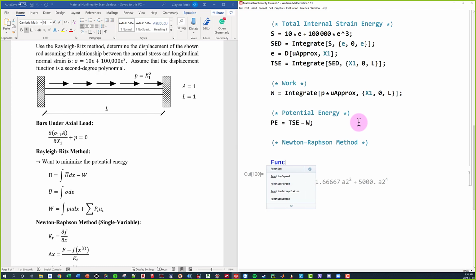So the first thing I like to do is define what exactly our function is that we're trying to solve. The common mistake everyone makes is they say it's just equal to the potential energy. They set the potential energy equal to 0. That's a trap. You guys seen Star Wars, you know, it's a trap. There's your trap right there.